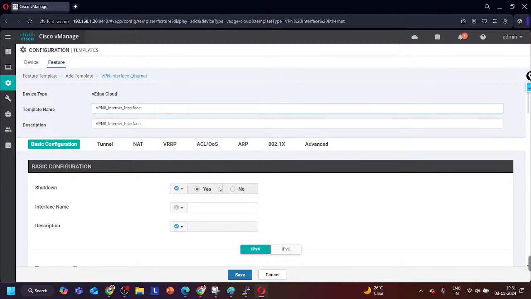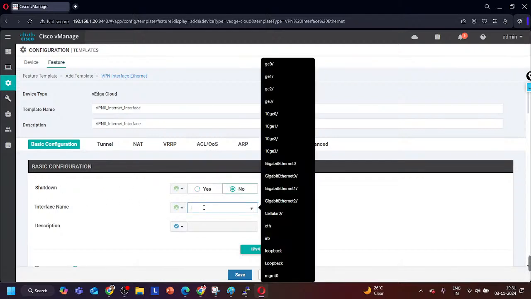Then this port will be shut down or no shutdown? No shutdown, right? Is it device specific or global? Global, right? Port will be no shut on all the devices. Say no shut. Name can be